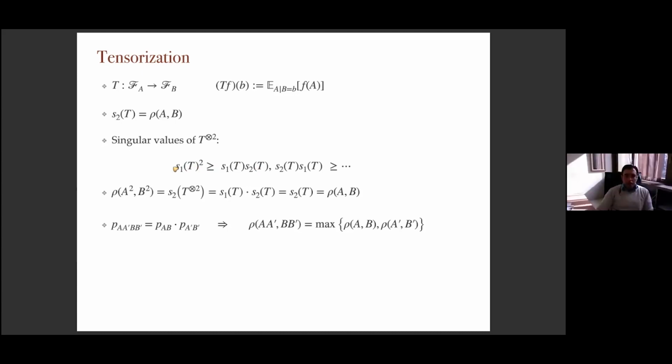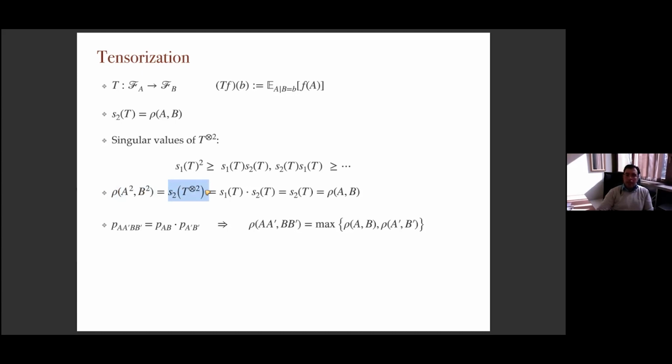Okay. So these are the singular values of the tensor T. I'm interested in the maximum correlation between two copies of A and B. To do that, I should consider this T operator associated to two copies. If you do the computation, it's easy to realize that the operator T corresponding to A2B2 is the same as the T tensor with itself. Then the maximum correlation between A2 and B2, two copies, is the same as the second singular value of T